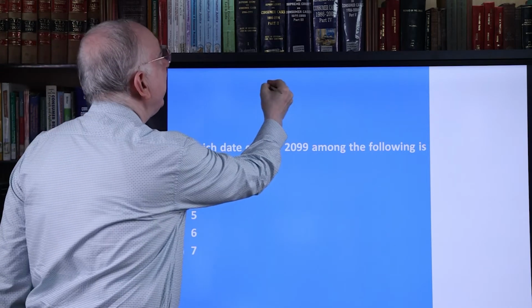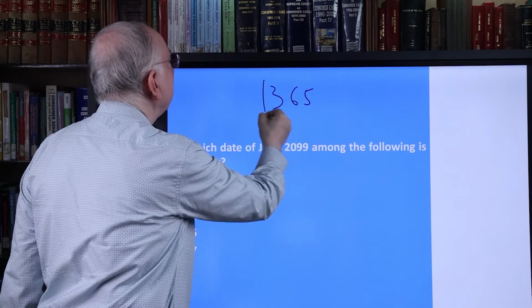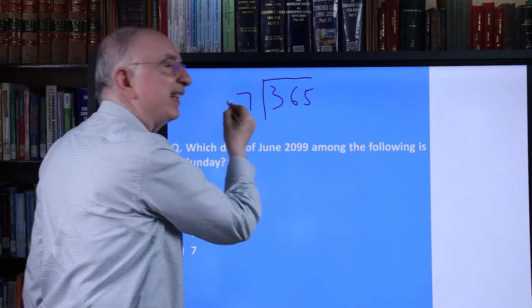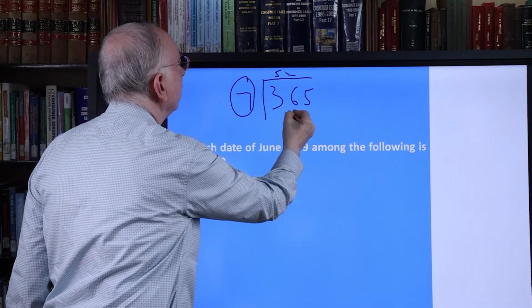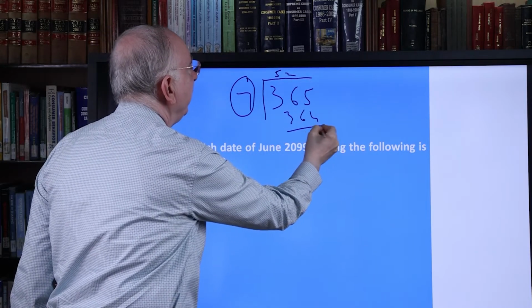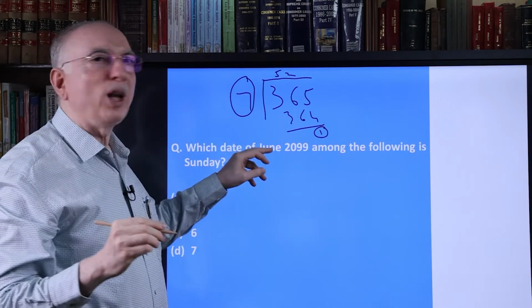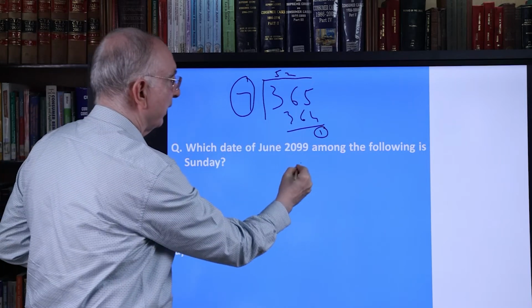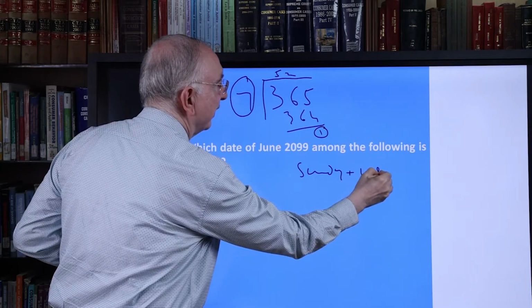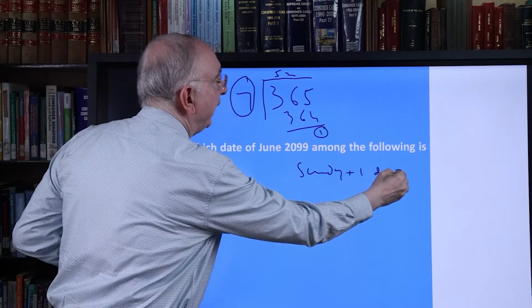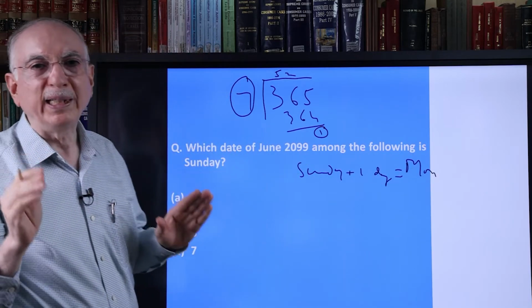The trick is, in a year which is not a leap year, 365 days, and if we divide by 7, that is the number of days in a week, so we will get 52, and 1 day will be remainder. That means the next year Sunday will fall on 6th. That means Sunday plus 1 day. So it will be Monday on 5th June of 2023.